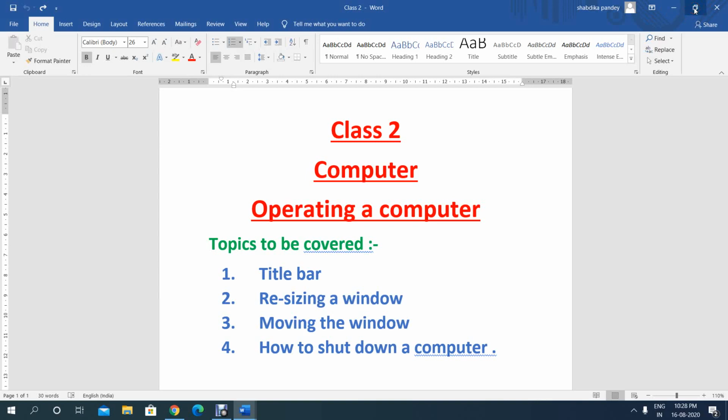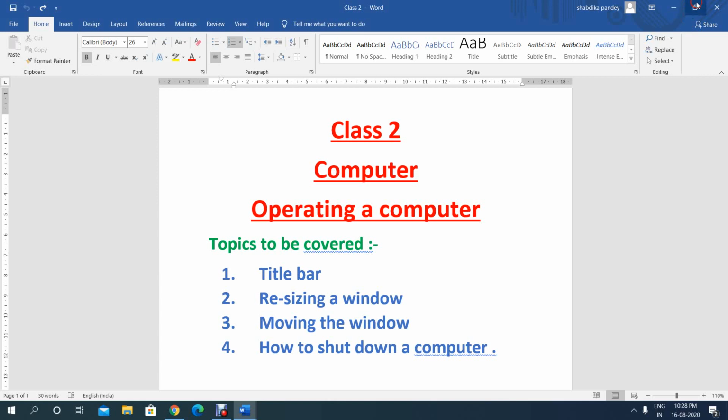We can resize the window by using the second button, and first one is the minimize button. And third one is the close button. Understood? So by using the second button, the middle button, we can resize our window.